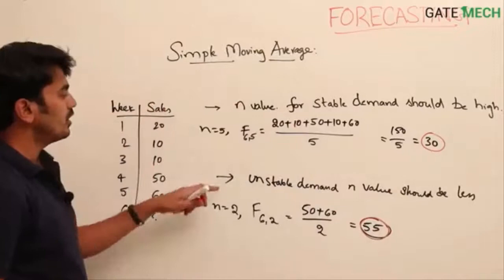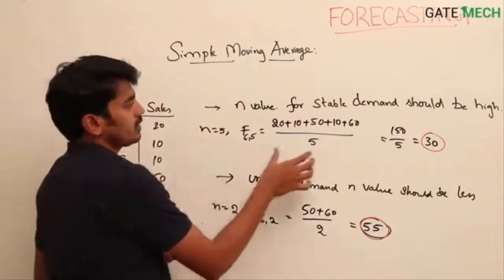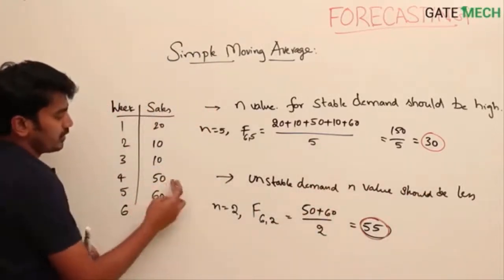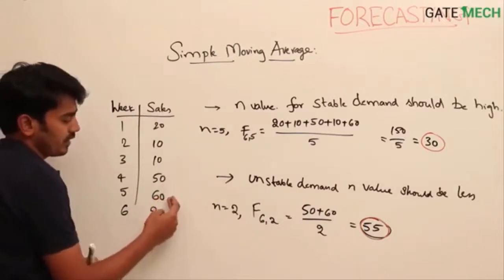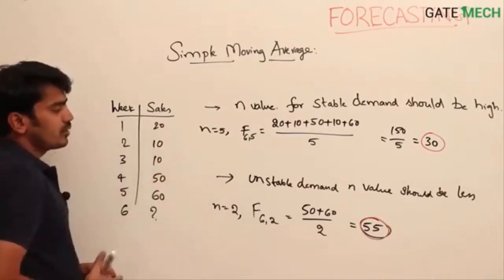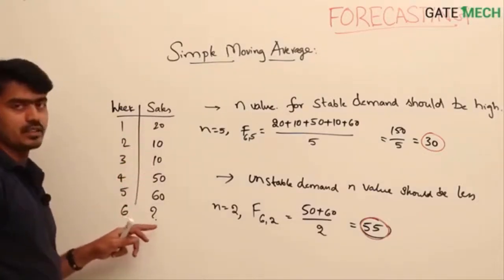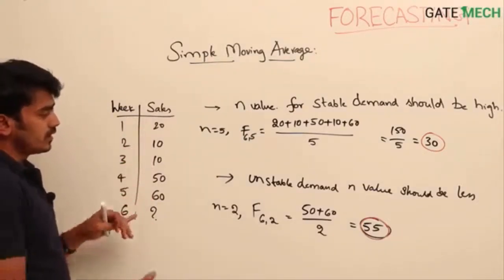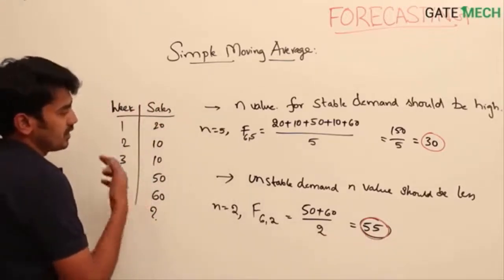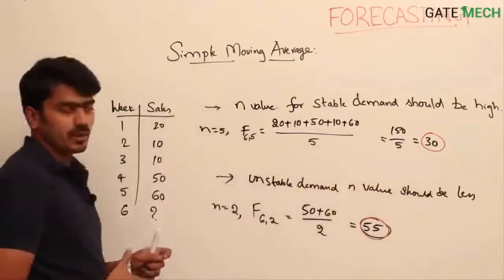Because of the change in the number of periods that we are taking, this effect is very high, because of the last 2 periods' demand. You can see that in the last 2 periods the sales are very high compared to the past 3 buckets. So you can see an unstable demand here: 20, 10, 10 and 50, 60. This value represents these sales more closely, unlike the other value, which is more suitable for stable demand.